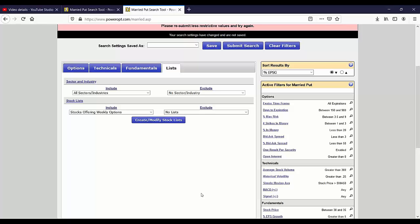You think about April to, what was it, July? April to August. The NASDAQ 100 stocks outperformed the list we use and the S&P 500. But that's one 4-month window. And I'm talking about doing this comparison to make sure that we don't need to tweak our list. We do that just about every year for the last 3 years to make sure it's still outperforming, and it is. But that's okay. Remember, the married put concept,